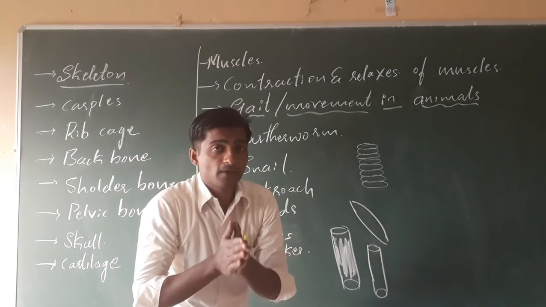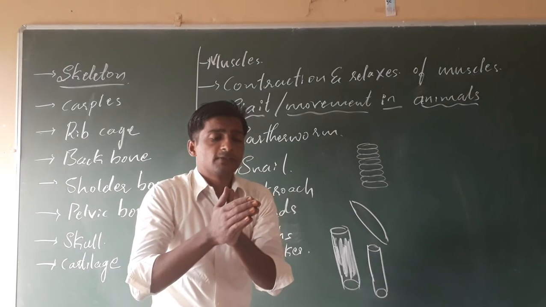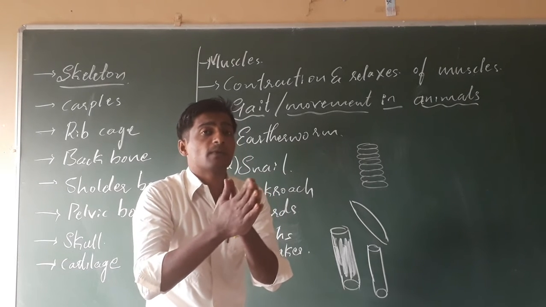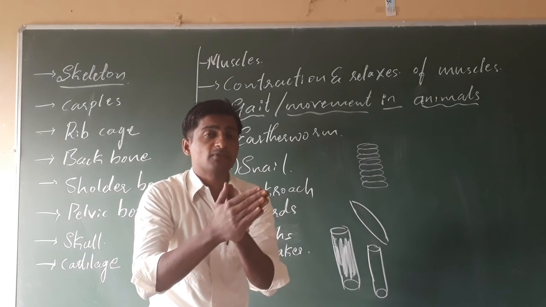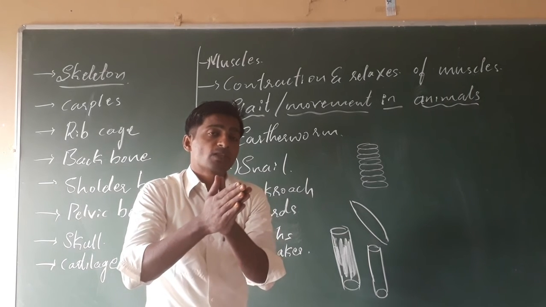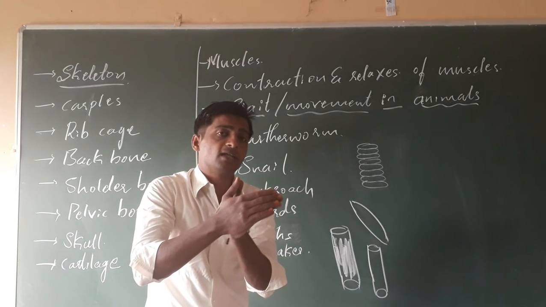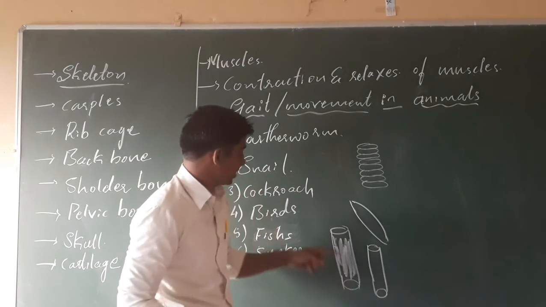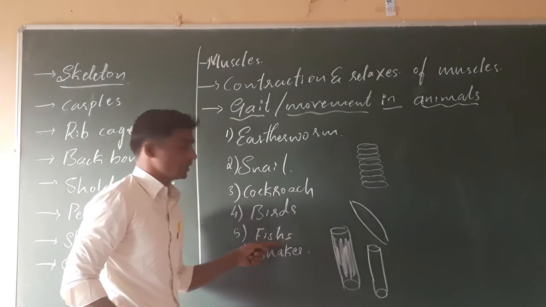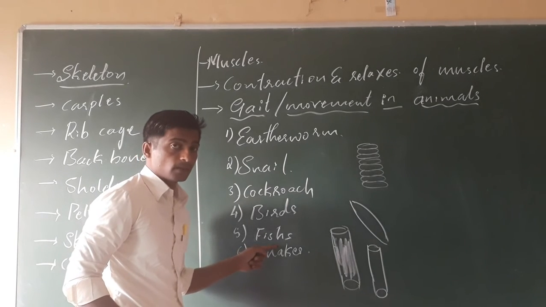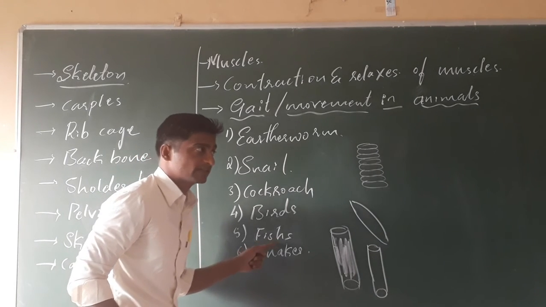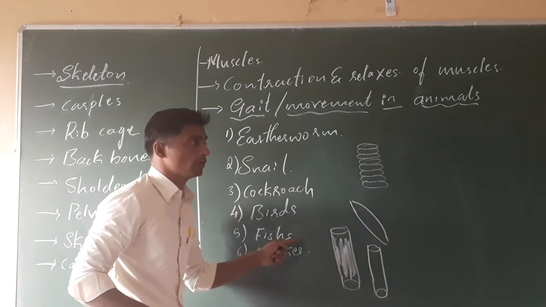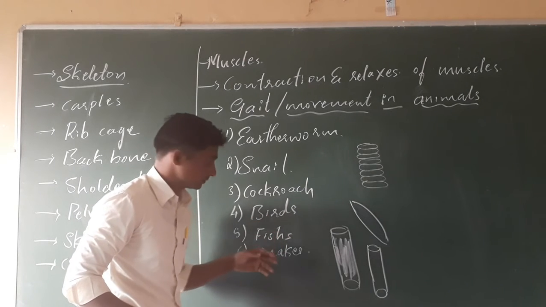In the case of fishes, body movements, see what happens, due to the curve movement. See what happens, dear students, first the fish bends its front part, then again it bends its back part also. Due to the curve movement, with the help of muscles and also fins, the fishes will move forward and forward.